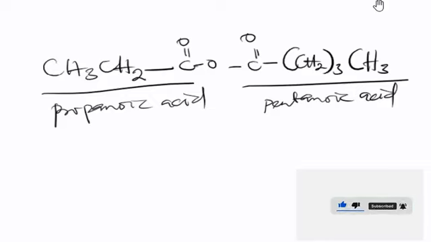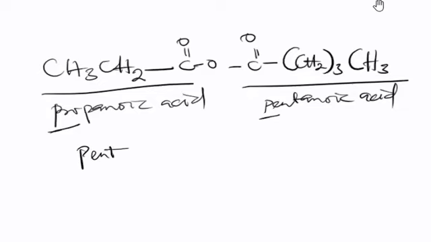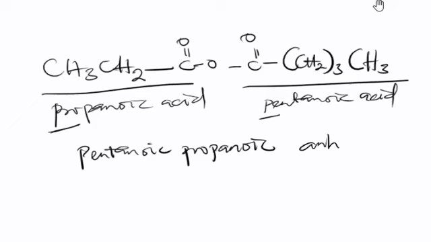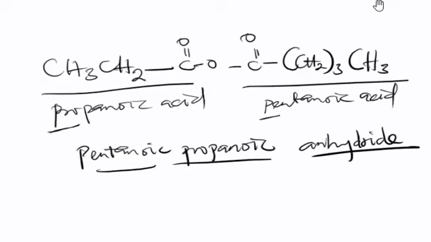So notice that this is P and this is also P, but PE comes first before PR. So I'll go ahead and write this as pentanoic propanoic anhydride. So this is basically how we can name our anhydrides. So the next is we'll check out